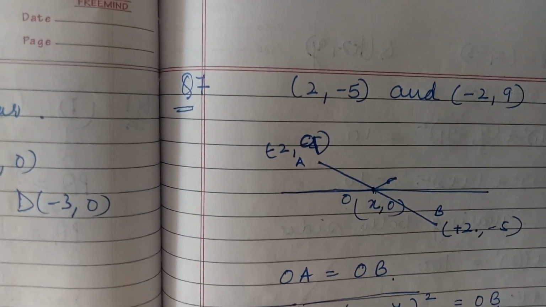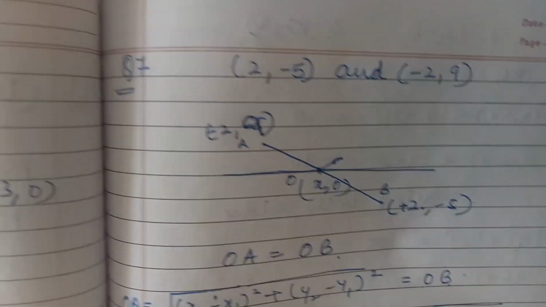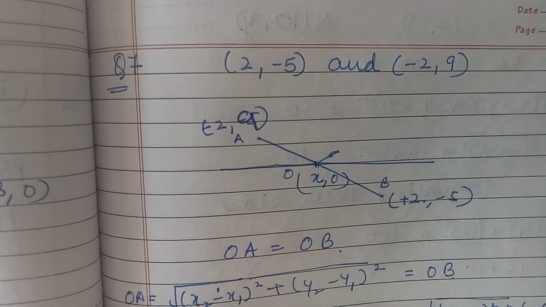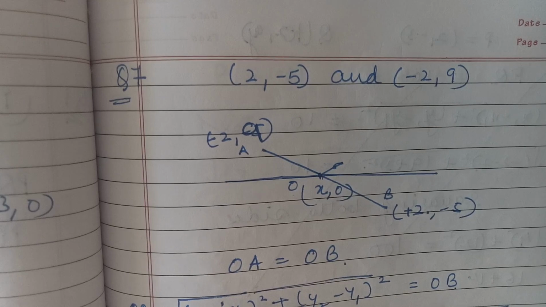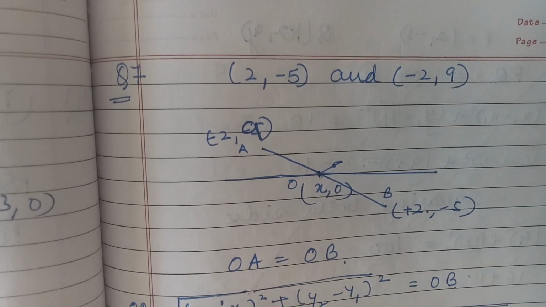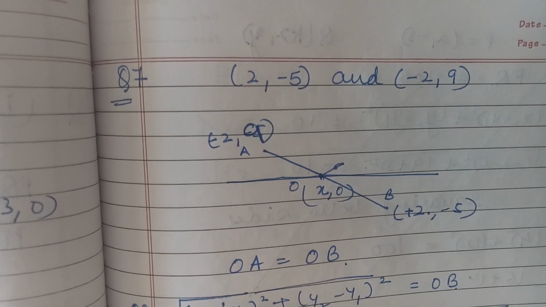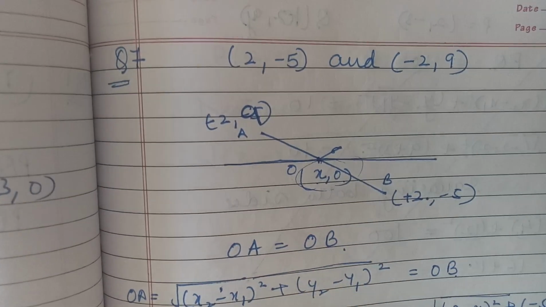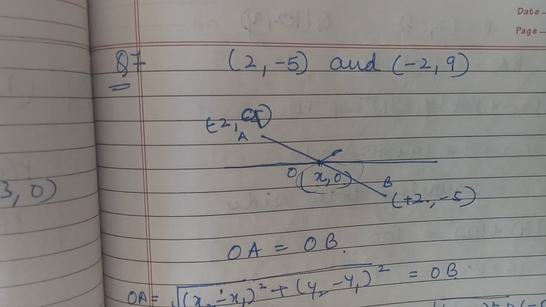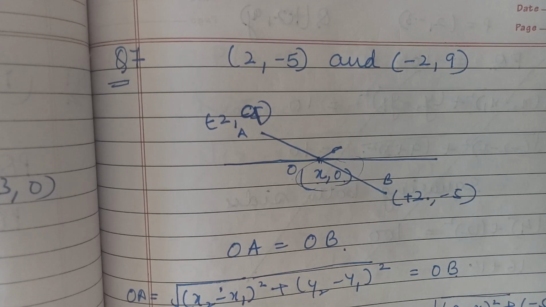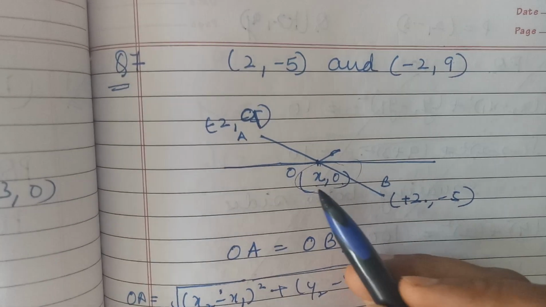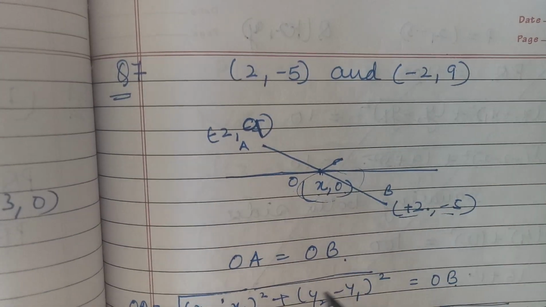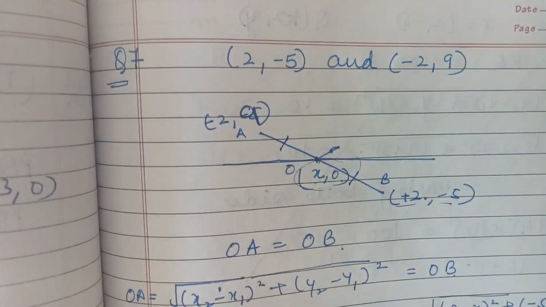This is an important as well as good question. Mark it as important. Here in this question, the question is given, find the point on the x-axis. अगर हमारा point x-axis पे है तो y coordinate क्या हो जाएगा? 0, first point. So the point is on x-axis, so (x, 0). Next is that which is equidistant from (2, -5) and (-2, 9). ये जो पॉइंट है ये इस पॉइंट से और इस पॉइंट के साथ इक्वल डिस्टेंस क्रिएट कर रहा है. दिस इज इक्वल टू दिस.